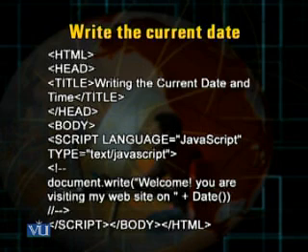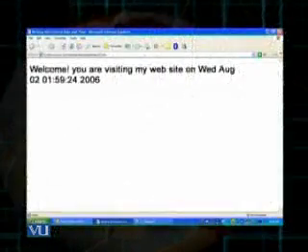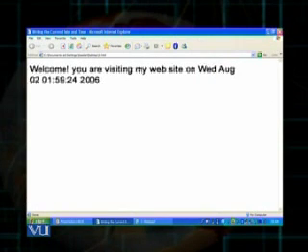When this code is executed, it would result in this page. You can see I have a line written on my web page which states, "Welcome, you are visiting my website on Wed Aug 2 02:59:24 2006". So in a particular, pre-set format, this message and date would be shown on our web page.